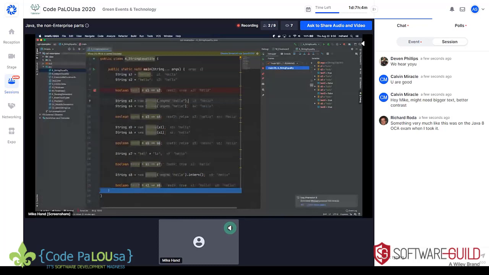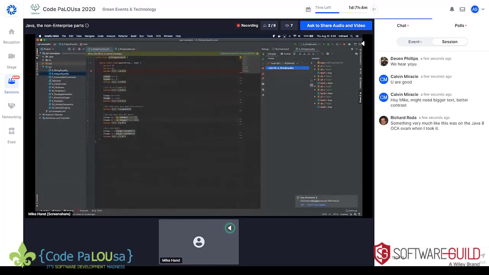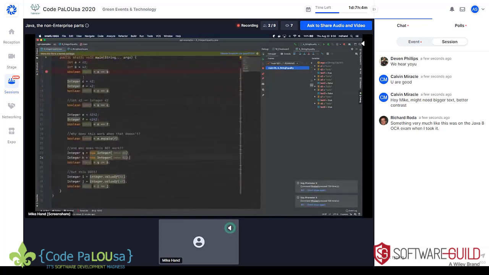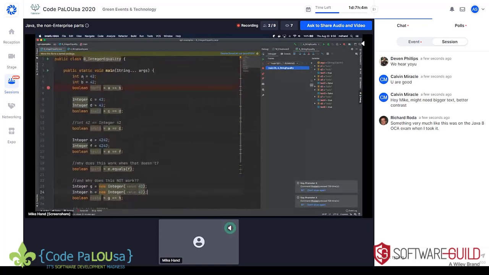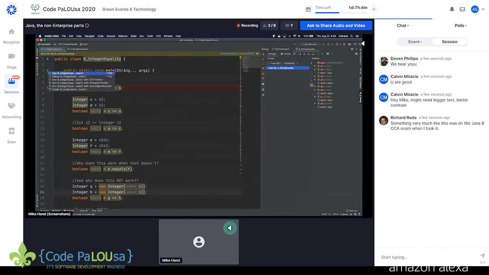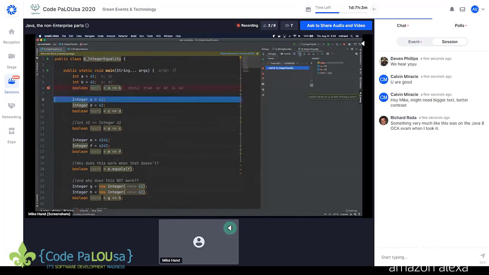All right, so let's move on to example B, integer equality. Kind of along the same vein. I'll try to make this as big as I can here. We've got another simple main method. This time we're going to create and assign two primitive ints. And let's just go ahead and run this with the value of 42. And now we'll test, does A equal B? I don't think we'll be that surprised to find out, yes, of course, A equals B. With primitives, that's pretty straightforward.